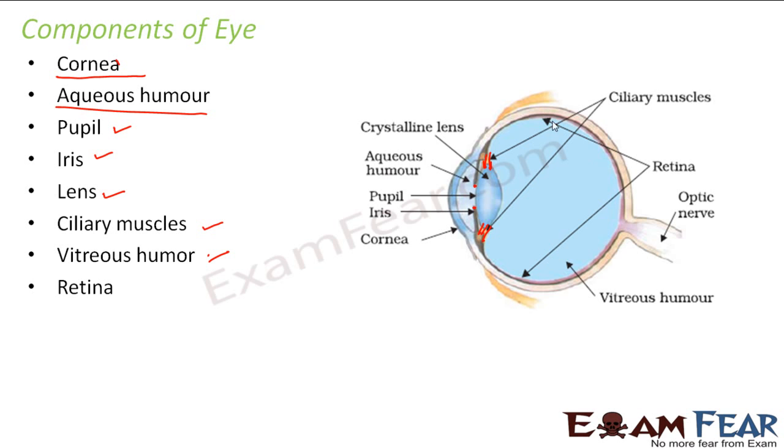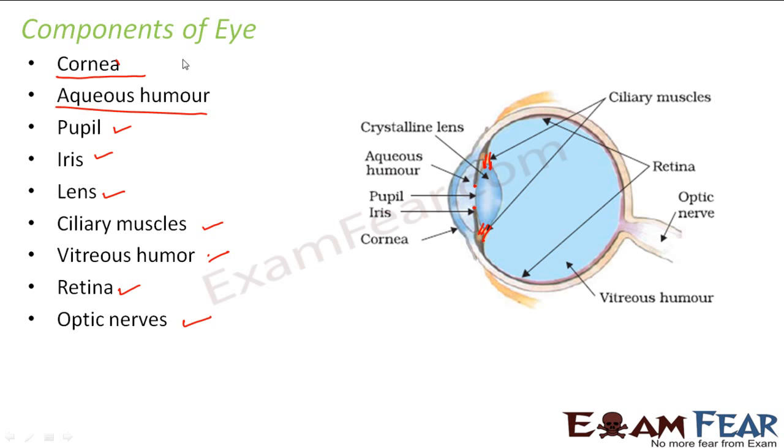Then you have the retina. The retina is the portion where the image is formed, because the object will be somewhere here, right? This lens will form an image for that object. So whatever object we look at, the image has to be formed on this structure known as the retina. And then you have something called optic nerves, which connect the retina and take the signals to the brain. That is how whatever you view is carried to the brain, and then you take appropriate actions for viewing.